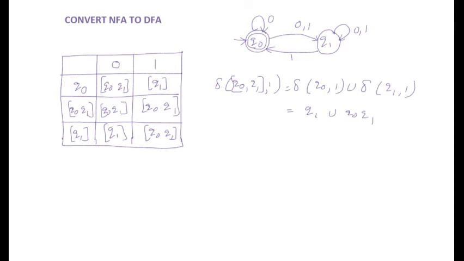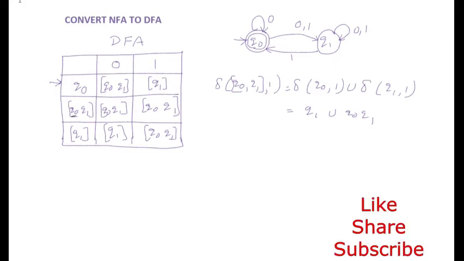And let us define the starting state and final state of this DFA. In the given NFA, Q0 is the starting state and final state. So Q0 is the starting state. Here we need to represent with an arrow mark. Since Q0 is the final state, wherever Q0 is there in the first column, all those must be specified as a final state. Here Q0 is there, so that we need to make it as a final state. Here Q0 is there, so that we have to mark it as a final state. Here in this example, we got two final states.